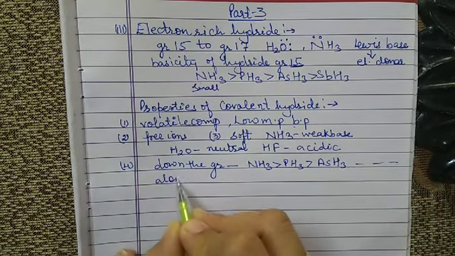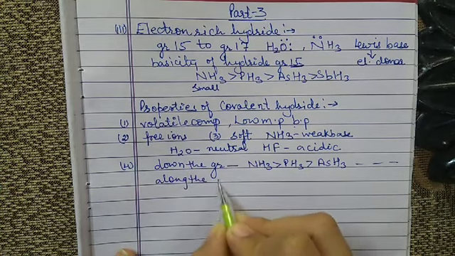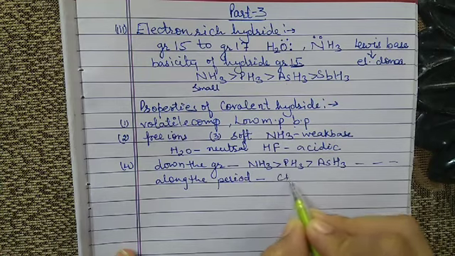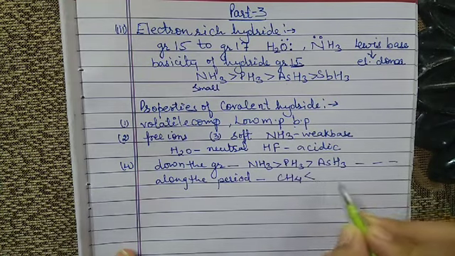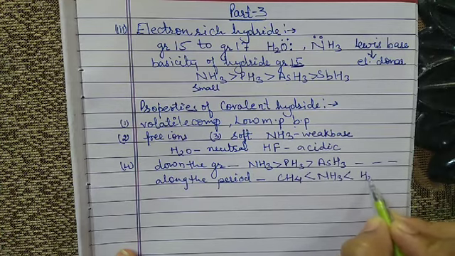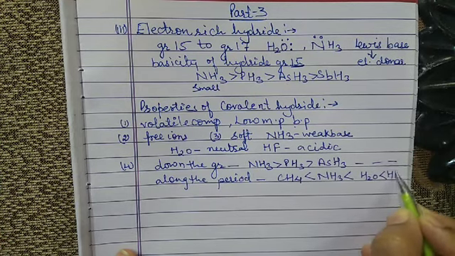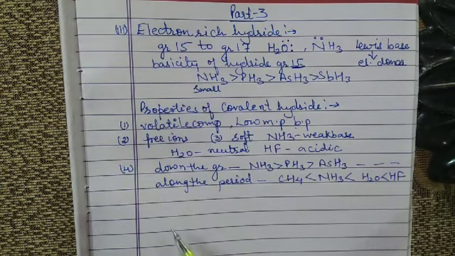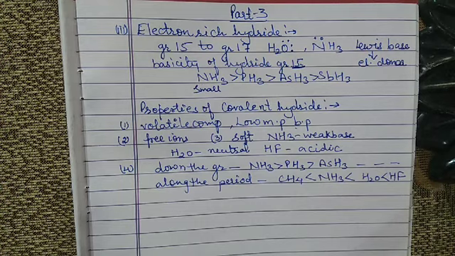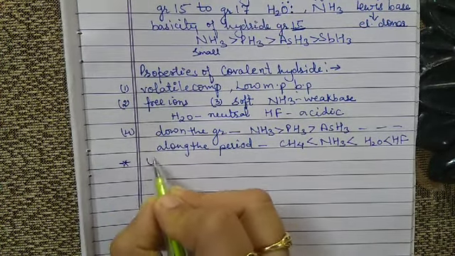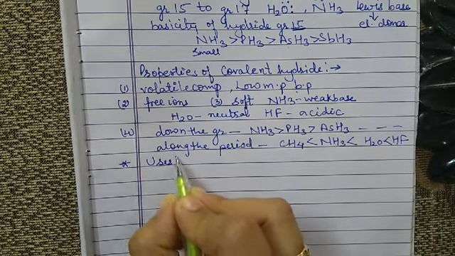And if we want to discuss along the period, that is CH4 less than ammonia less than H2O less than hydrogen fluoride. So these are the important properties of the covalent compound. Now let us discuss the next heading, that is uses